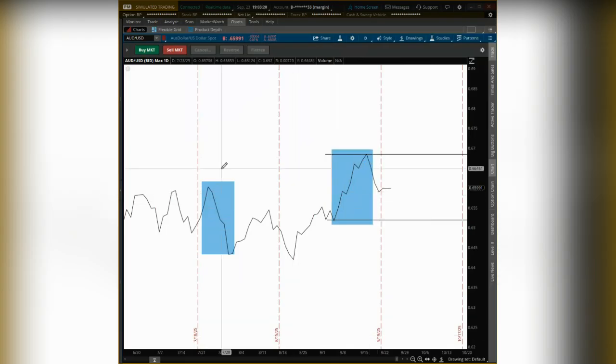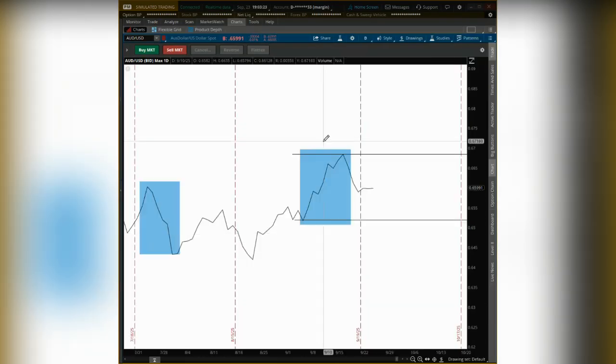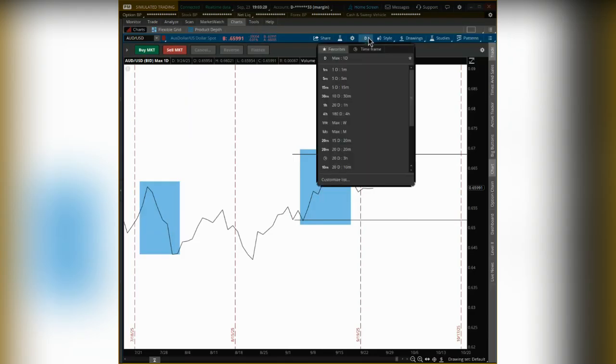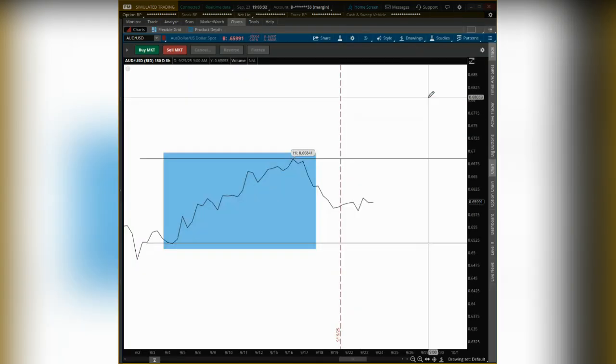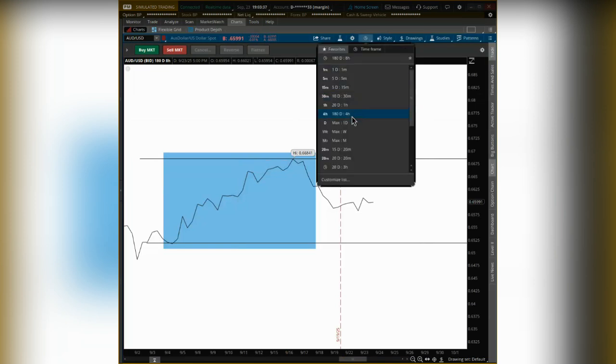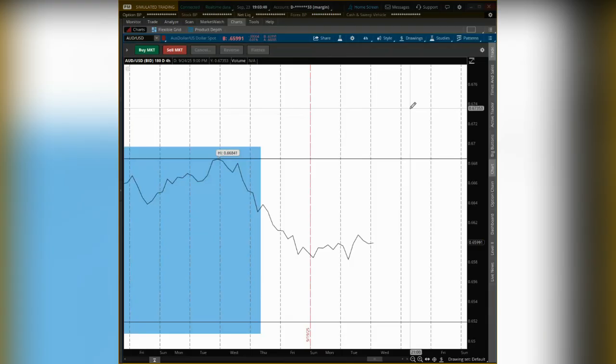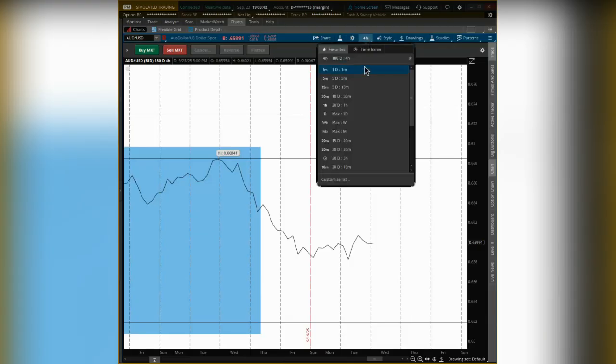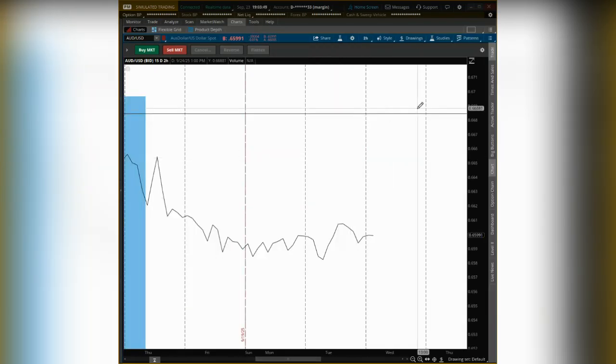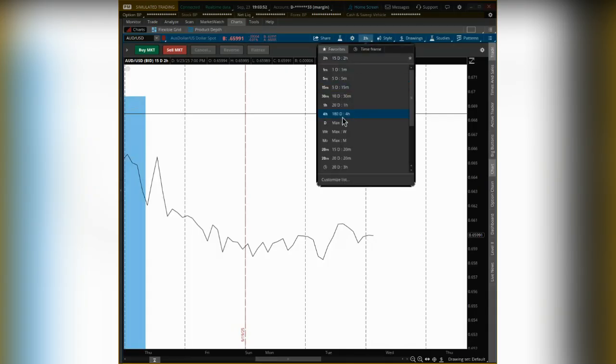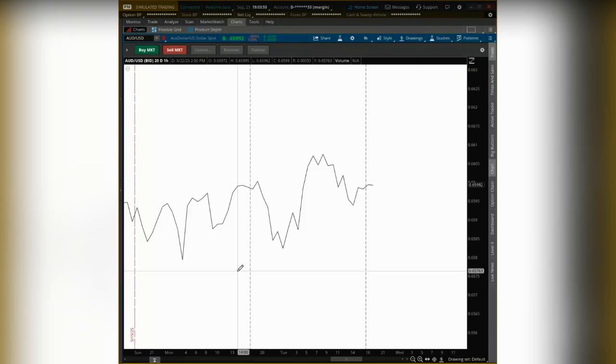Let's assume that we entered the trade here. And now we're getting really nervous because we don't know what the market's going to do. So what you want to do is go down to the other time frames to find another discovery that may occur, may not occur. This one here so far, it's not telling us too much. It's a turn down.